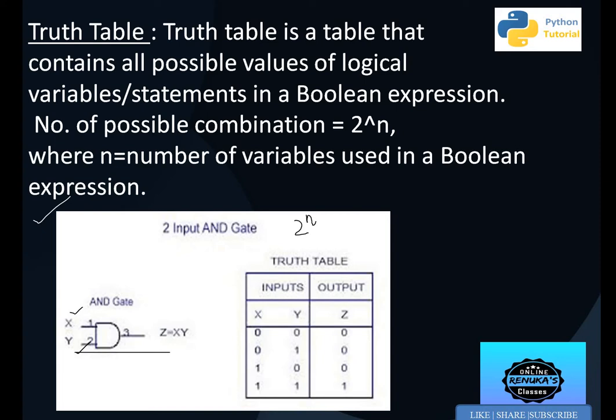So this type of table, in which we give the possible values of logical variables, these are logical variables x and y which are used for taking input, and after giving values for the logical variables we take the result. So if it is the AND operator, the AND gate, then for 0 0 the output is 0, 0 1 gives 0, 1 0 gives 0, and 1 1 gives 1. That means the output will be 1 only if both the inputs are 1. This type of representation of input values and then output is known as a truth table.